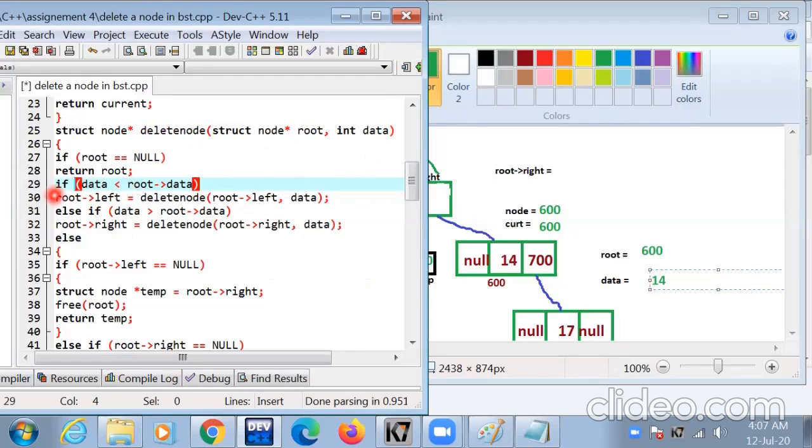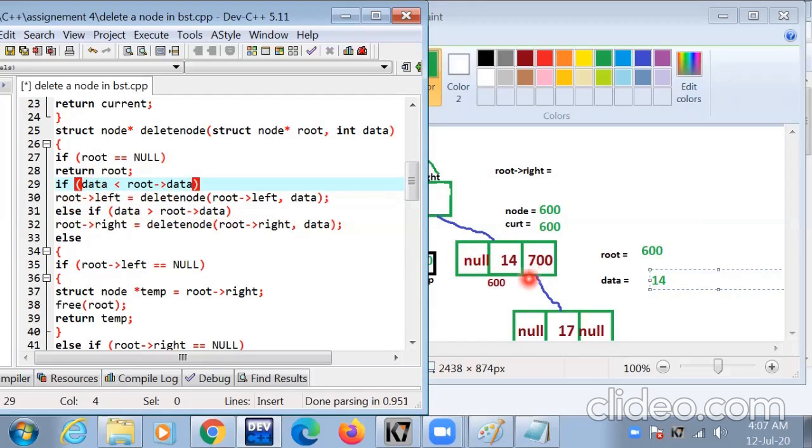Now root left, root data less than root data.